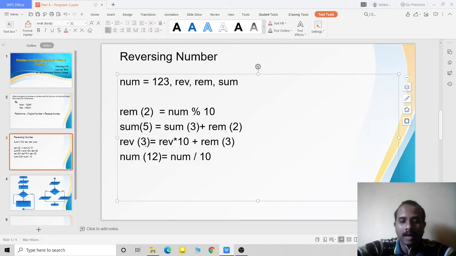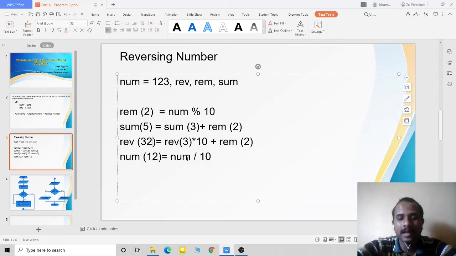Now, the previous reverse is 3. And my updated remainder is 2. So 3 into 10, that is 30. 30 plus 2, it will be 32.